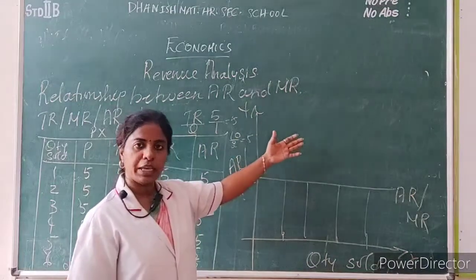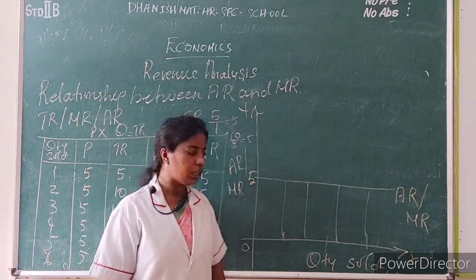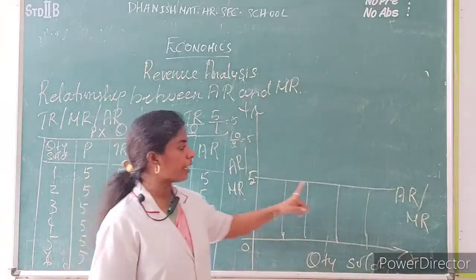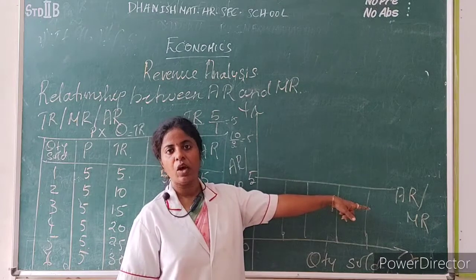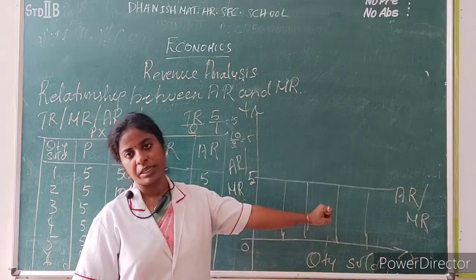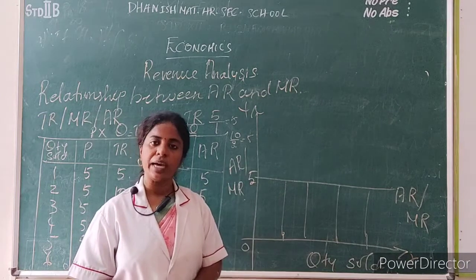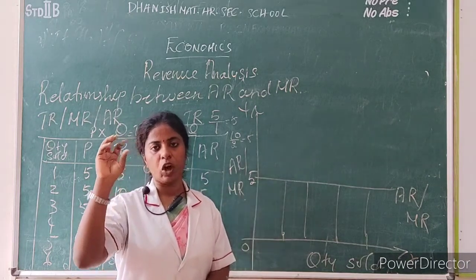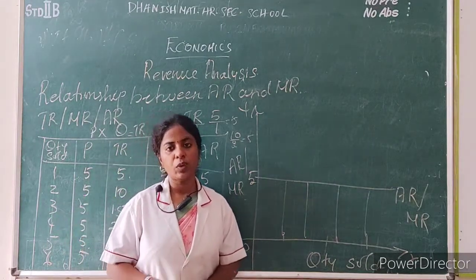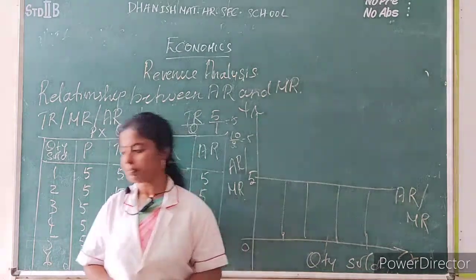In the diagram which has been explained, the x-axis represents the average revenue and marginal revenue, and the y-axis represents the quantity sold. The AR and MR lines will be horizontal straight lines. Why are the AR and MR lines horizontal? Because the price remains constant, and the profit also remains constant. So under perfect competition, the AR and MR line will be a horizontal straight line. Next we come to the declining price which is followed under imperfect competition.